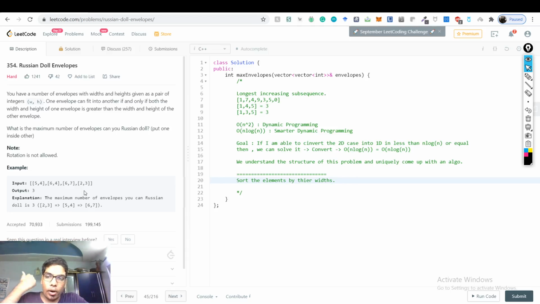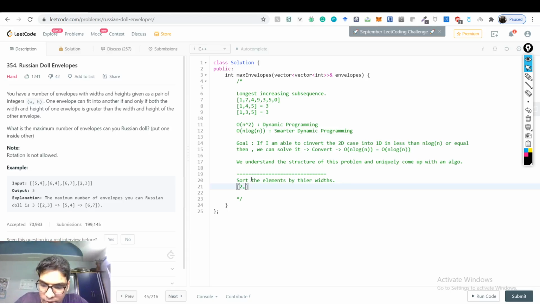we also want to understand that there is one corner case. What if the widths, the first element, are the same? In this case, 6 and 7 are actually the same, right? Then we'll have to sort them in such a way that whatever element comes to the right of this, we can guarantee that this can go into this, right? Let's just sort this 5 4.